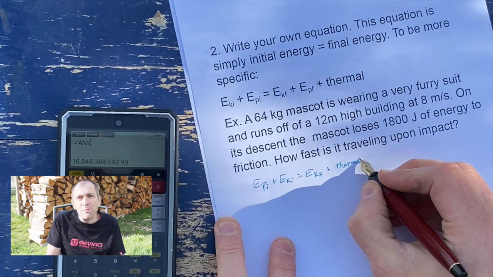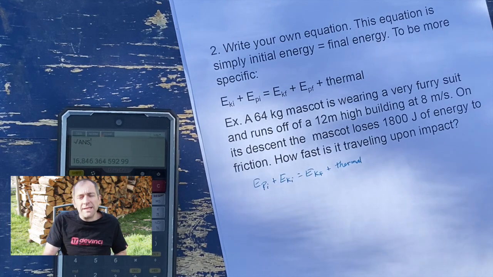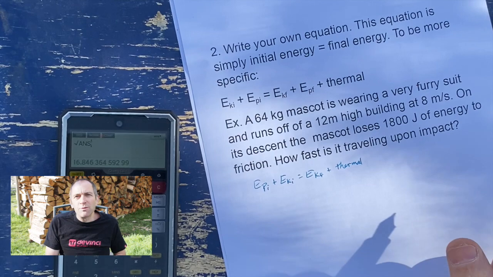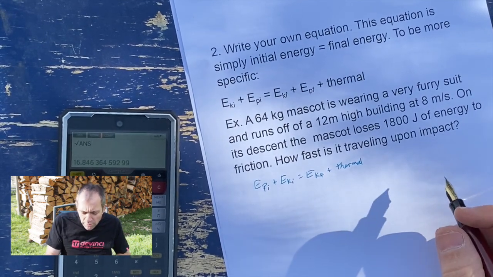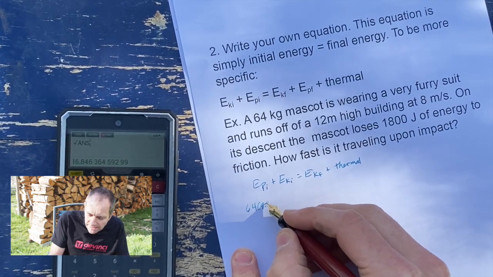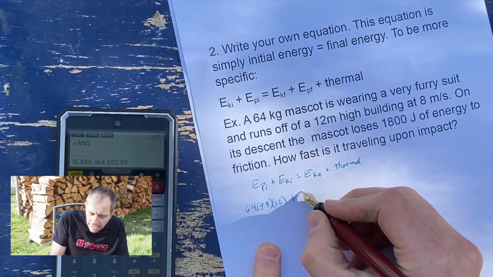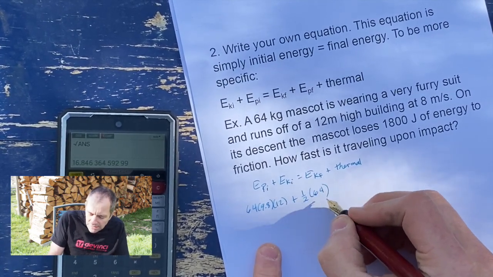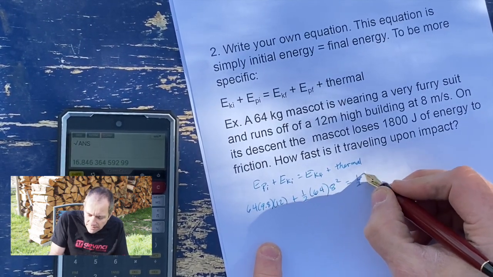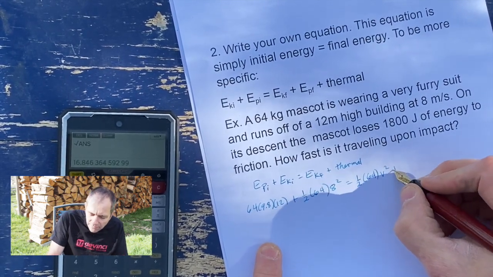Now, we say thermal energy and not heat. In physics, heat is a verb in that you heat something. Heat energy goes from hot to cold. So here we go. So the potential energy, 64 times 9.8 times 12, plus kinetic energy, a half, 64 times 8 squared, into kinetic energy, a half, 64. Now I don't know the velocity, so that's going to be v squared plus